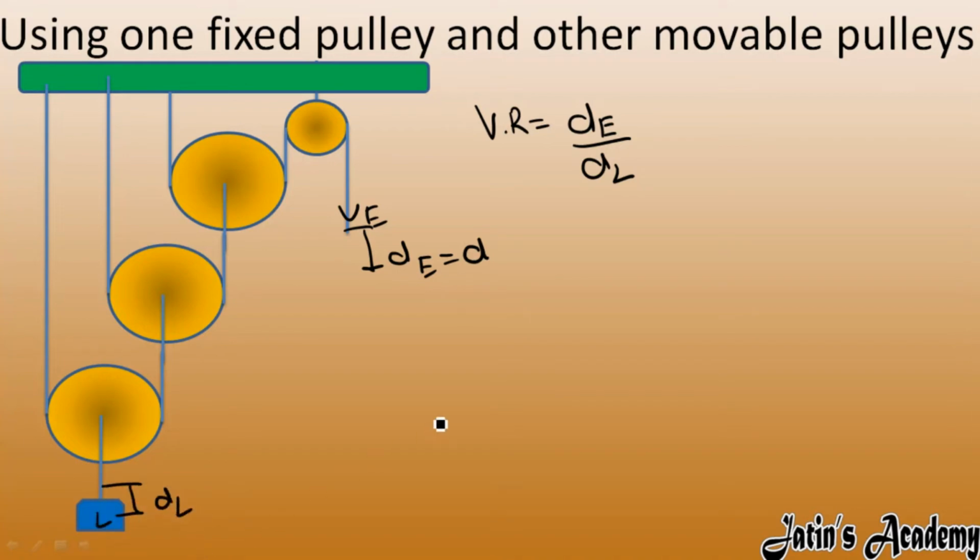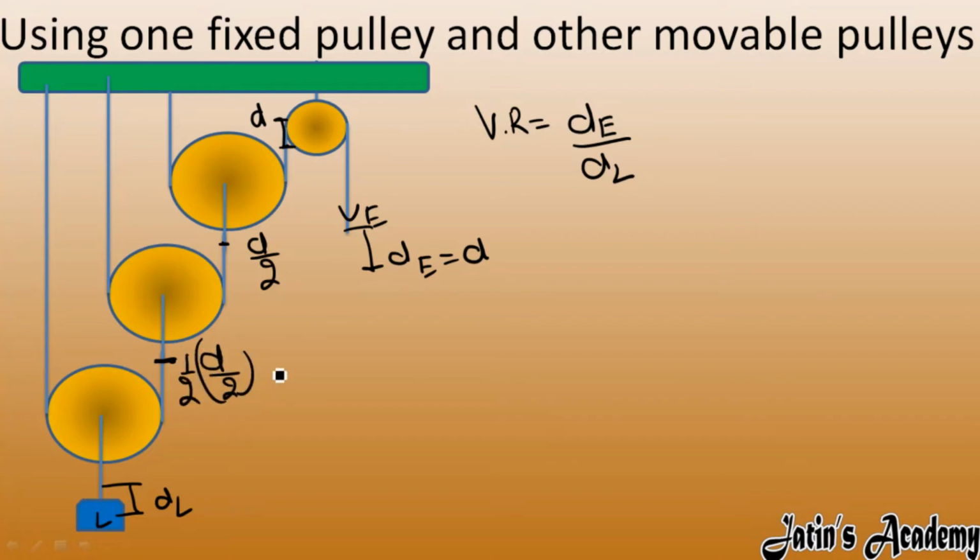Now carefully see, here it is a fixed pulley. So if it is a D displacement here, it is also a D displacement there. But for a movable pulley, the displacement of this point is only D by 2. This we have done in the movable pulley, that if effort is moving a distance D, then this load is moving only D by 2. And for this pulley, if effort is moving a distance D, the load at this point is only moving D by 2, meaning half of this value.